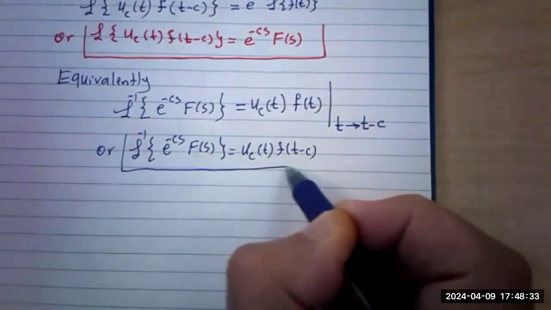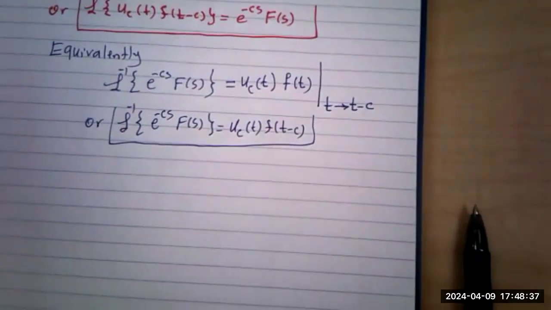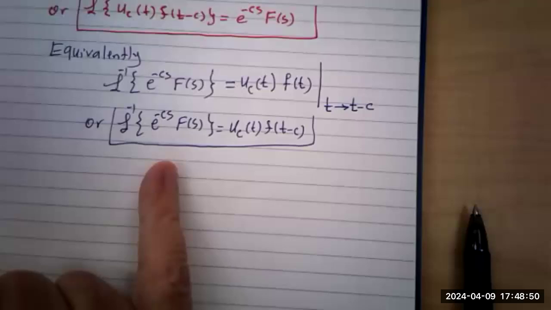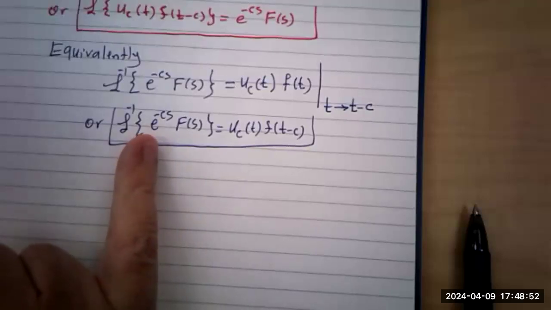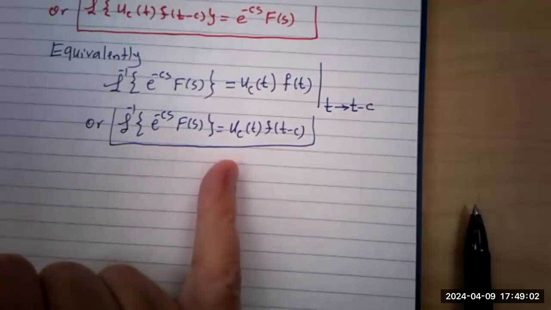This is the format that we are going to use for differential equations. If you try to solve a differential equation, at the end you want to find the Laplace inverse. You will see a number of these e to the negative cs. So what you do is ignore the e to the negative cs and find the Laplace inverse of the remaining function, which can be done by the table or other methods that we did. Then when you want to write the final answer,